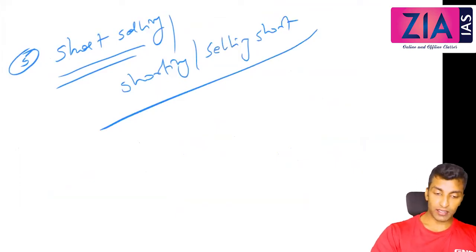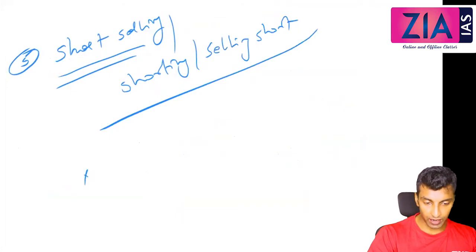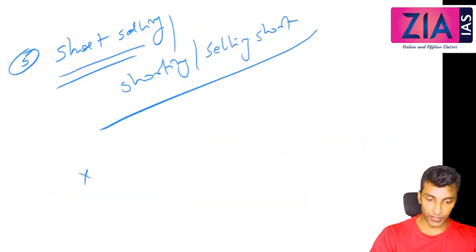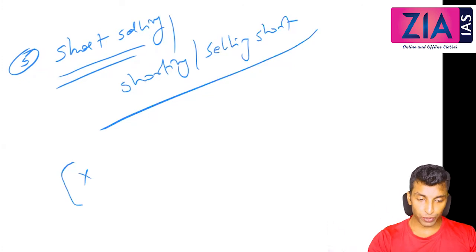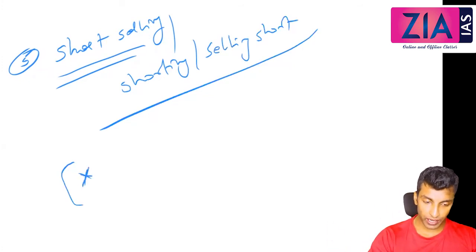Okay, short selling means even if you don't have the share, you can sell the share first with an agreement that you will buy it back before the end of the day. Mostly it is done in case of intraday. I told you futures and options I will discuss later. Now, normal case, you will sell your share first.